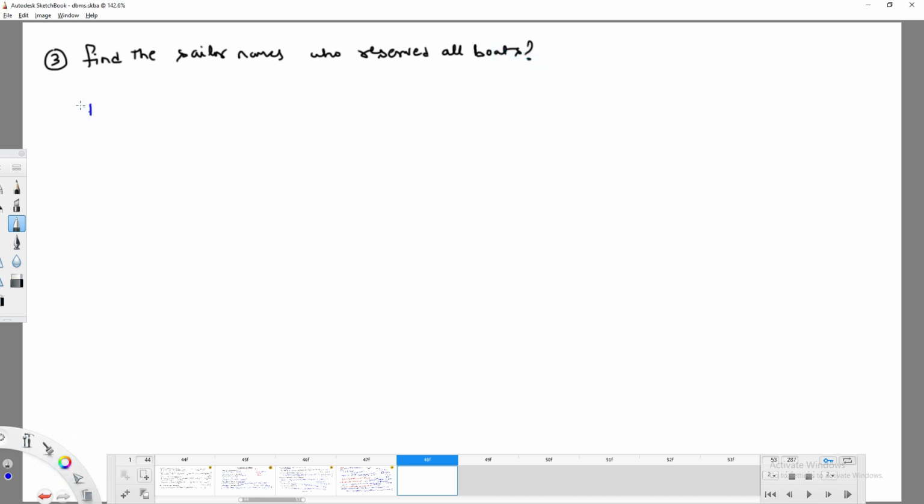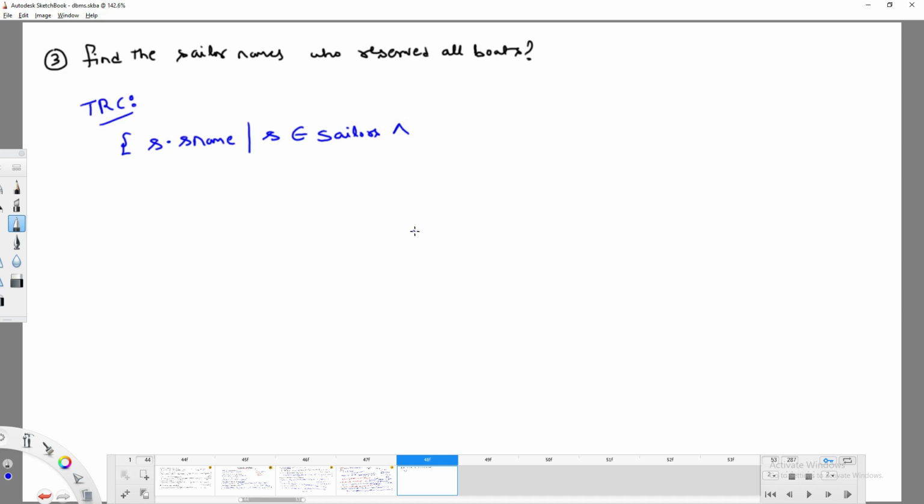First, try to write the tuple relational calculus query for this. If you are trying to write the tuple relational calculus query, what are you going to do? I am expecting the sailor name, S dot S name, and compulsorily this tuple belongs to the sailors table.